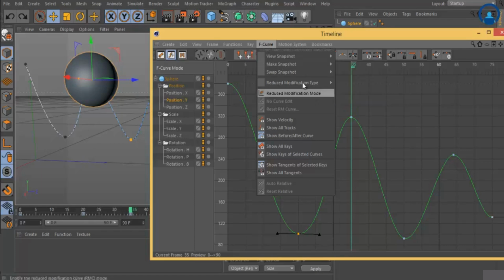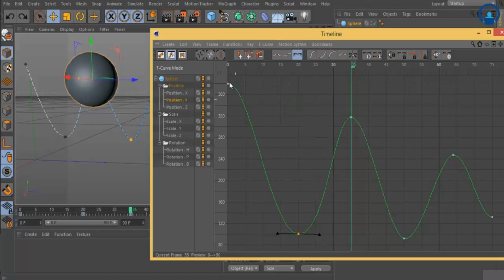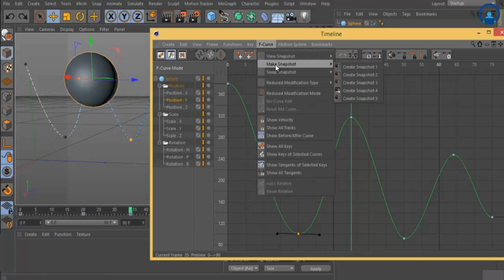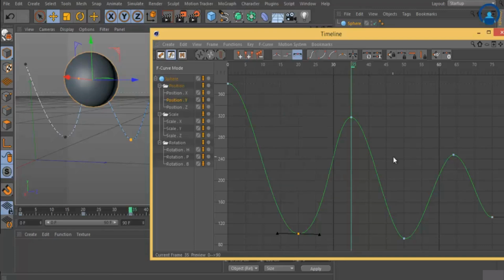Snapshot is something like whatever animation I created over here, it keeps a record of it, and whenever I modify I can compare my previous modification and new modification, and I will judge which is the better one and I will go with it. So F curve make snapshot, I just create a snapshot over here.